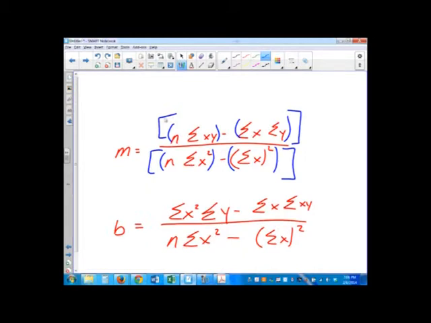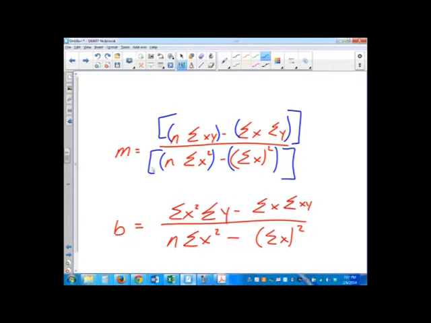So based off of what I just did here, I'm going to start off with two parentheses, do this formula, close the parenthesis, minus parenthesis, close, close. Okay? So follow along. So n times summation xy, close parenthesis, minus parenthesis, summation of x times summation of y, close parenthesis, divided by,